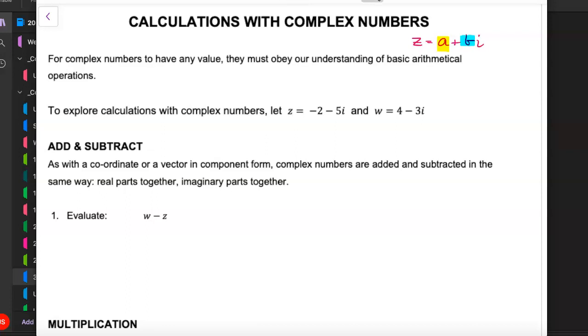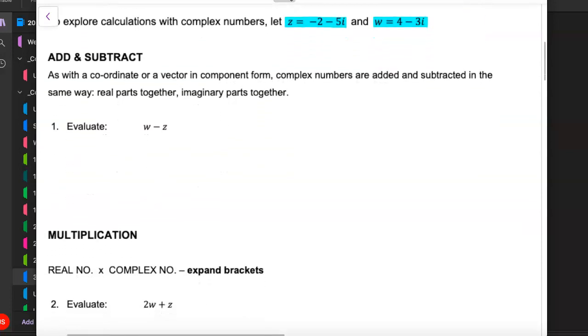So when we're dealing with complex numbers, for them to have any value, they must obey our understanding of basic arithmetic rules. So for our calculations, let's assume that z is -2 subtract 5i and w is the complex number 4 subtract 3i. So to add and subtract complex numbers,